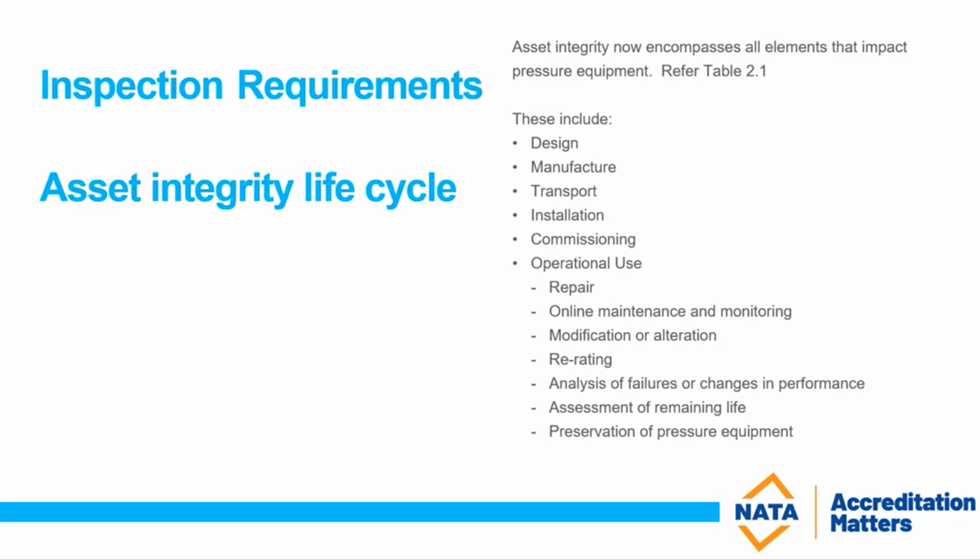These are critical times, as I think you'll agree, where there is a high risk of damage to pressure vessels, and inspectors are actually to identify that there has been or there has not been any damage during these particular periods. The commissioning inspection also now has a definition and is required to be followed and supervised by the inspector. The inspectors are now required to consider operational use of pressure vessels, and that will include everything from repair, online maintenance,